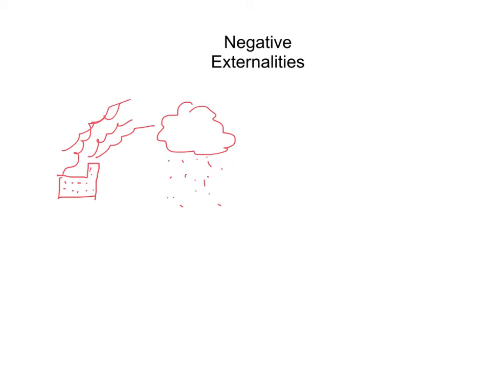So the person who owns the factory is making lots of money from that factory, hopefully, but by their production, they're also imposing costs on people who live nearby, or maybe people even who don't live nearby, but who are subjected to smog and acid rain and things that cause asthma and stuff like that. So this person is making the decision, and they're getting a profit from their decision, but they also are spending some money to produce, but they're not facing all of the costs of their production. Some of the costs of that production are being borne by other people, maybe people who live nearby or people who live in a neighboring state who then suffer from that pollution.